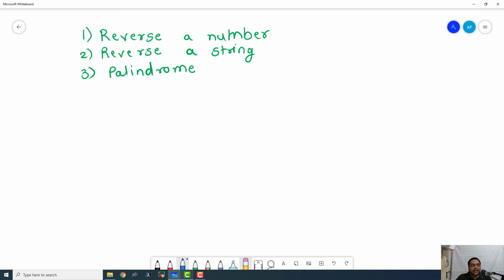Suppose we have a sequence like a string, and the string is "wow". Now if we try to reverse that string, the output is going to be "wow". And here, the original string as well as the reverse of that particular sequence is the same. So in such cases, that string is known as a palindrome string.